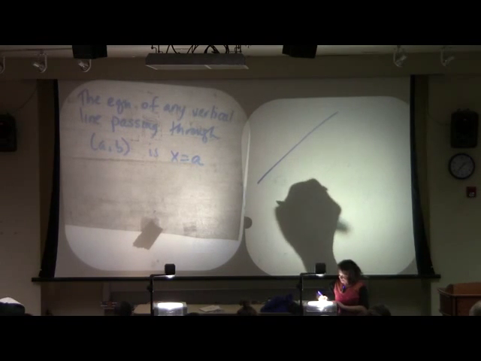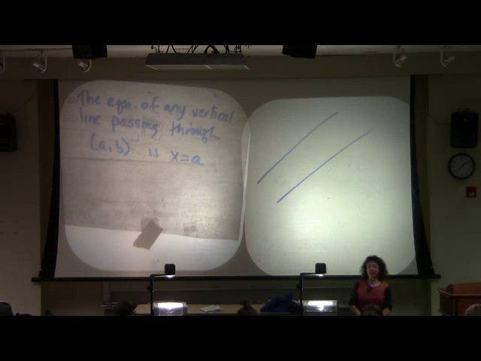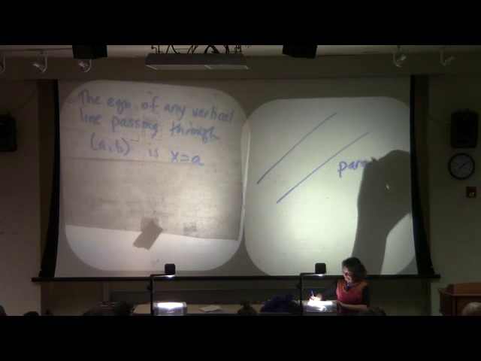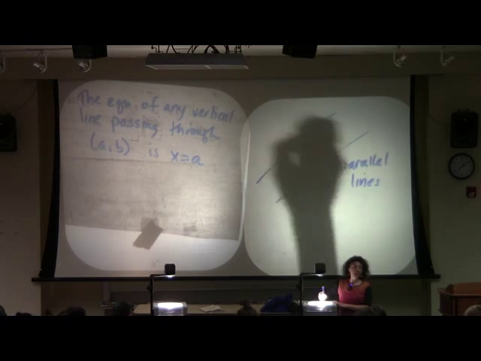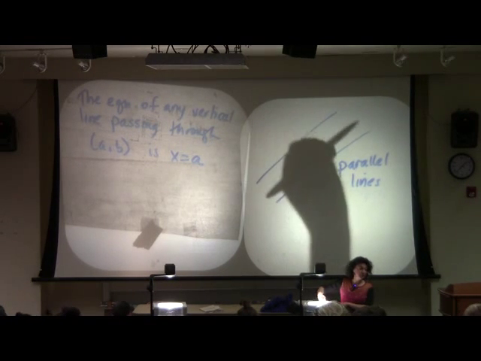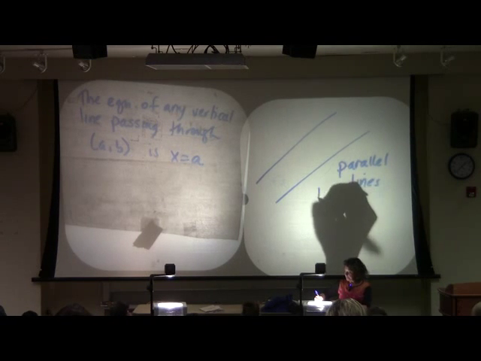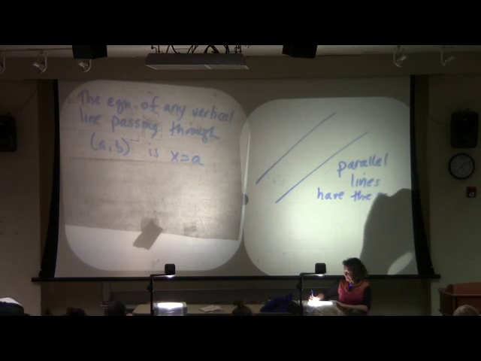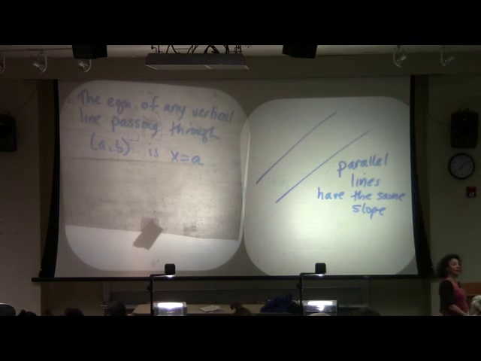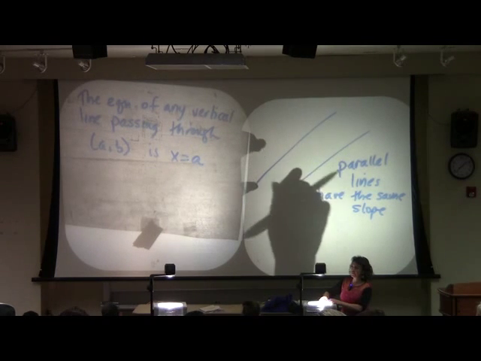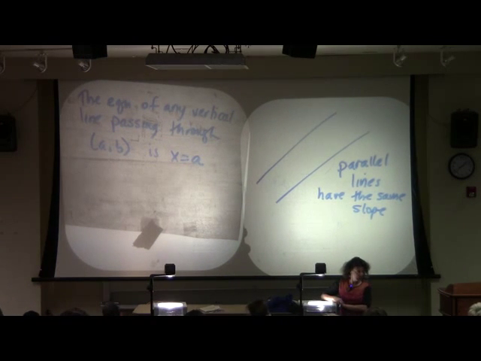So, look at these lines. They're parallel. Parallel lines never meet. They occur in different places in space, but I claim they do have something in common. What do they have in common? The slope. Parallel lines have the same slope. So if you know the slope of your line, you know the slope of every single line that's parallel to it, right? Your rise over run is the same. You guys with me there?